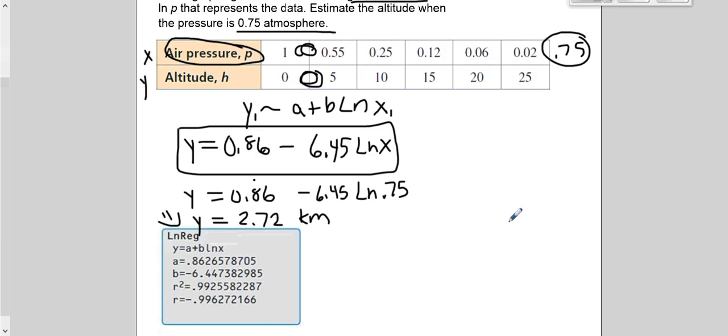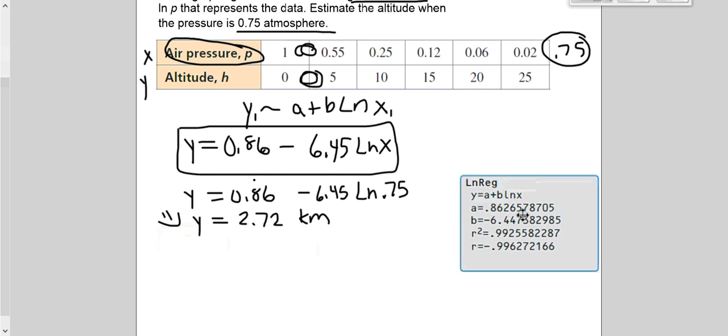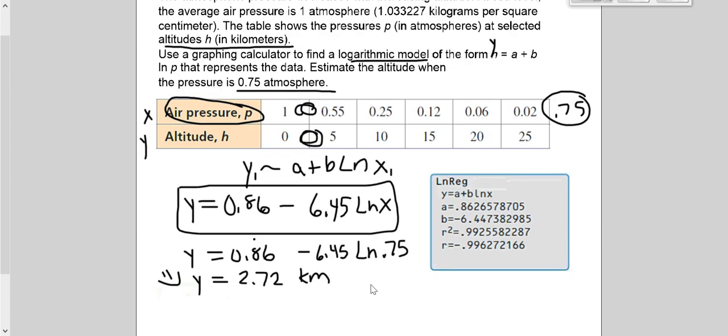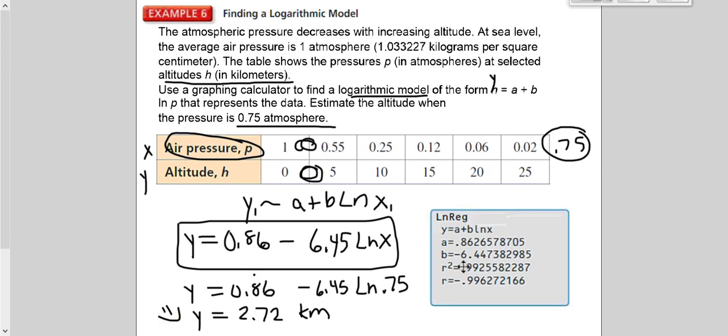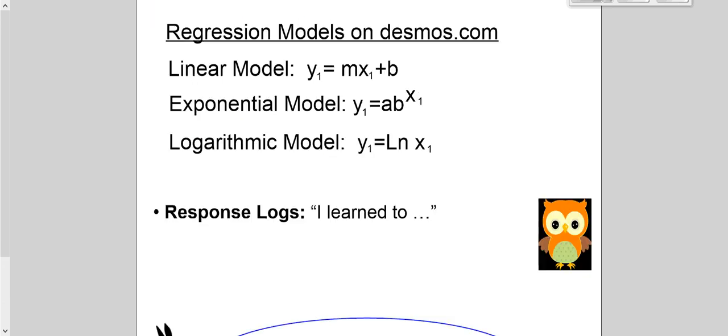Now, if you did this on a graphing calculator and not Desmos, on an actual TI-83 or 84, your numbers would look like this, but we would still have had the same final answer as we got from Desmos.com. Okay, so for the logarithmic model and exponential model, we just have to make sure we know our equations. For your regression, here's your exponential, your logarithmic. I also included the linear. Make sure, oh goodness, can't do an equal sign. You have to